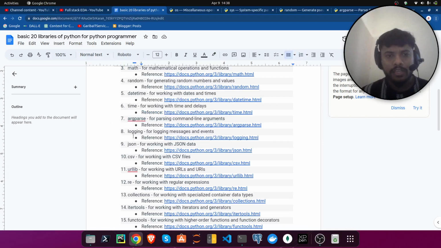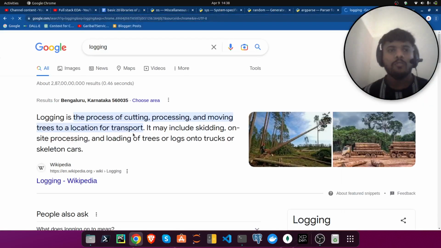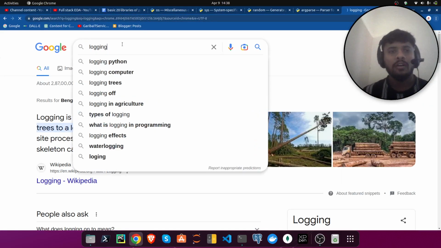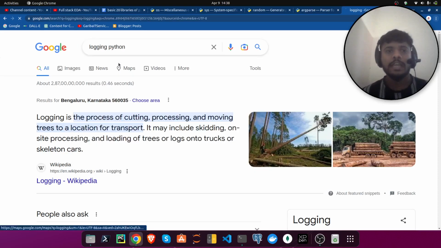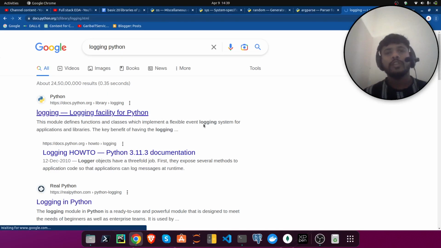Then another one is logging. It's very important. Instead of using print statements, use the logging function, so that you get the time and date, and you get to know which process, and how much of the process has been done while running the code.